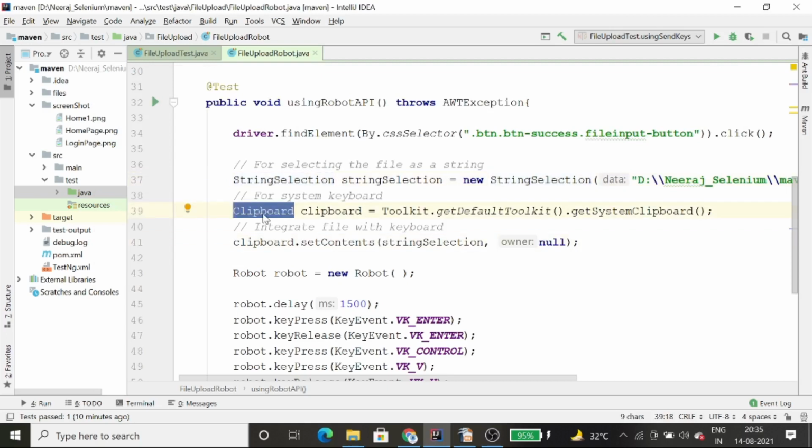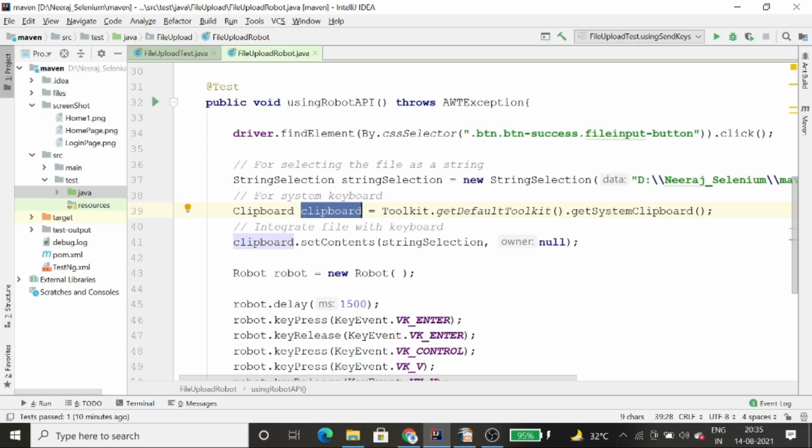Basically, you need to use the clipboard variable where you call Toolkit.getDefaultToolkit().getSystemClipboard(). So this is how you call the system clipboard, and you will keep it in the clipboard reference variable. After calling the clipboard, you will set the file, right?